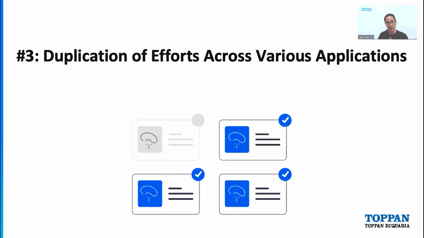Lastly, the third thing that you may want to consider is duplication of effort across various applications. I know many of you in the agencies run multiple systems. You don't just run one single system, and you have many of these systems on the existing SAML protocol. So if you want to move from SAML to OIDC and you move each one individually, that may be a lot of duplicated effort. You end up increasing the time and the cost. So there might be things that you want to think about on how to actually reduce this effort, time